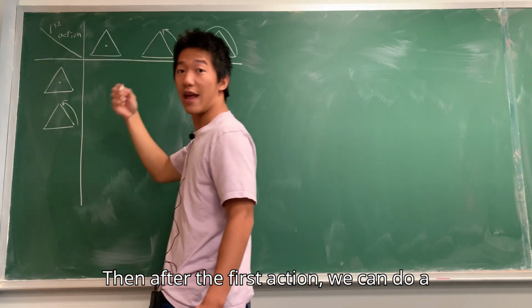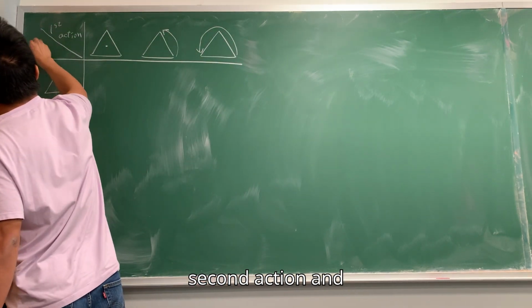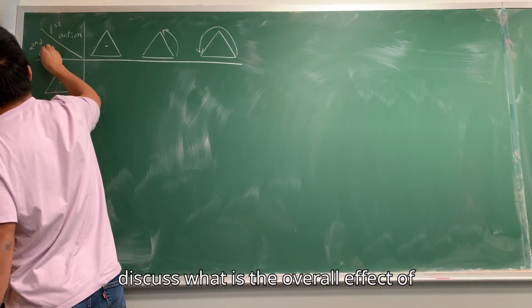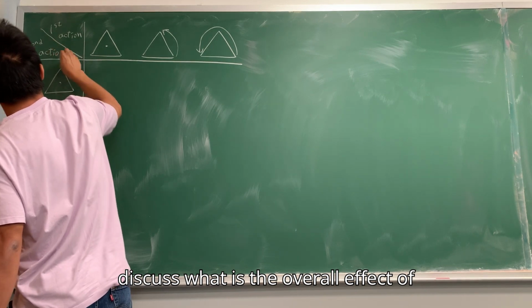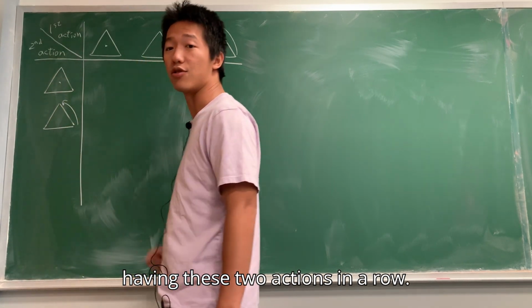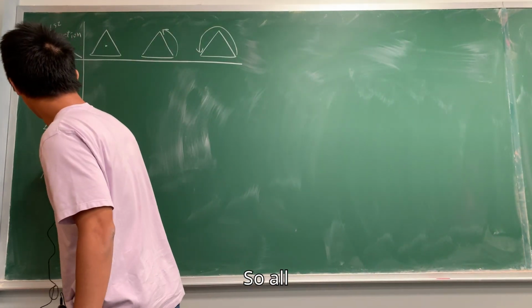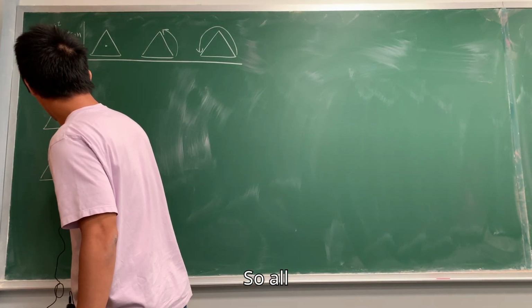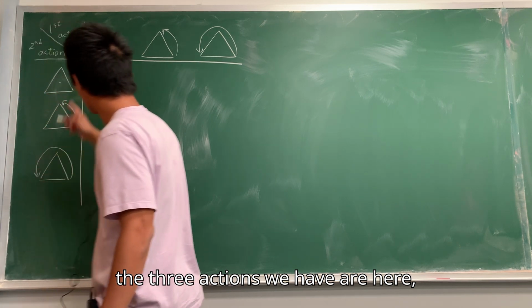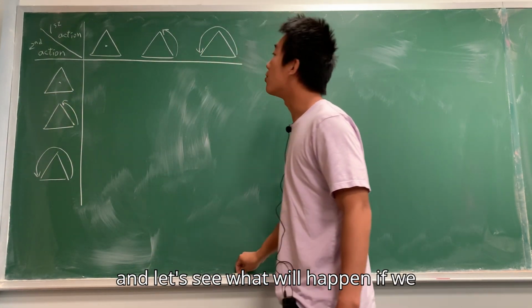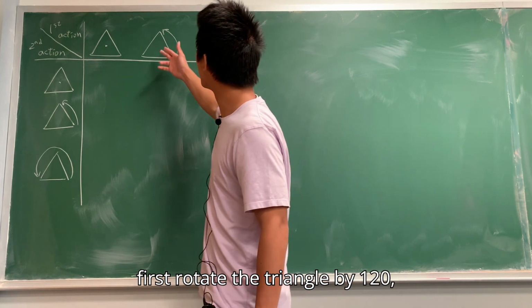Then after the first action, we can do a second action and discuss what is the overall effect of having these two actions in a row. So all the three actions we have are here,